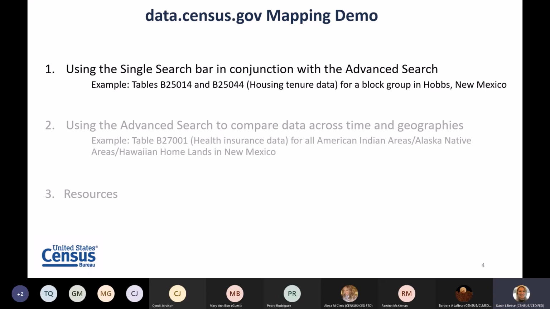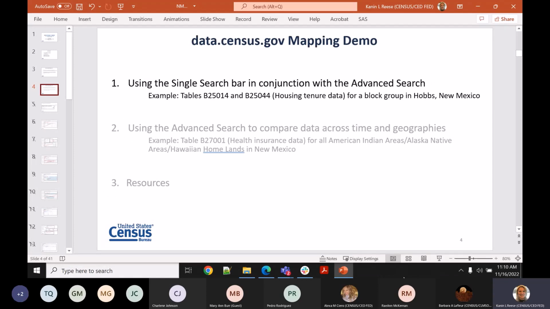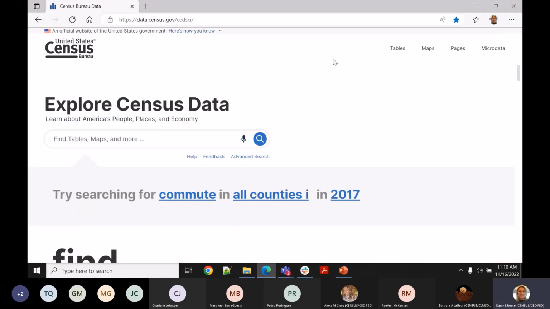Again, if you don't know how to use that, we could definitely use the drop downs, but trying to find a block group in Hobbs, New Mexico. All right, so hopefully we won't have any technical difficulties as I get out of this and get to our website. All right, so here is the website at